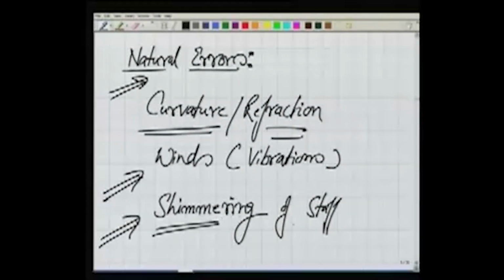and you can experience this only if you are looking through the telescope. Please do that. Look through the telescope at a staff which is kept at 100 meter, 150 meter, far away. What you will observe, particularly during the summers, because of different layers in atmosphere and their relative movement, the image of this staff appears as if it is shimmering. So it becomes very difficult, if the staff is shimmering, to bisect a point there, and this leads to again